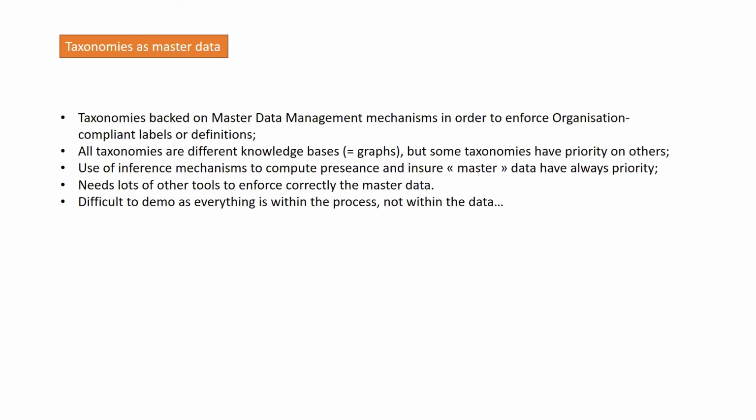There will be no label in this country because they will have to back on the legal taxonomy of labels. So it will be a very small taxonomy with some types saying, okay, this is my project countries. But we are in the process of creating an inference mechanism so that each time an application needs to get, for example, a country label, even if this application has its own taxonomy, the legal taxonomy will have precedence. And we will be sure that the correct labeling is used in terms